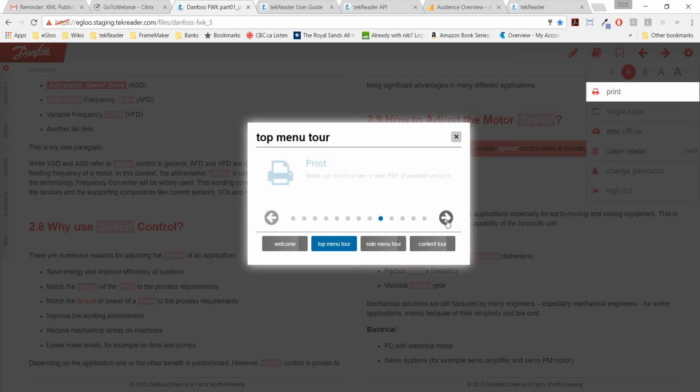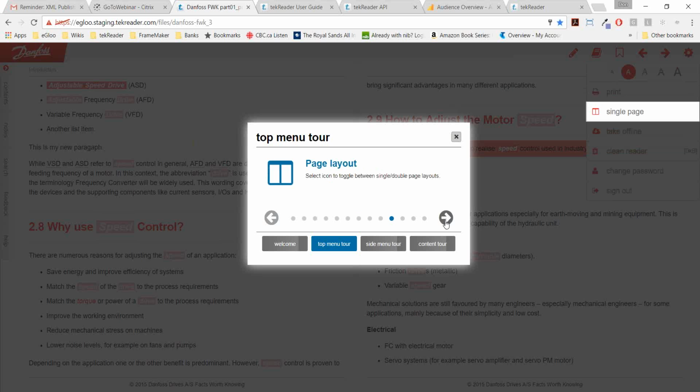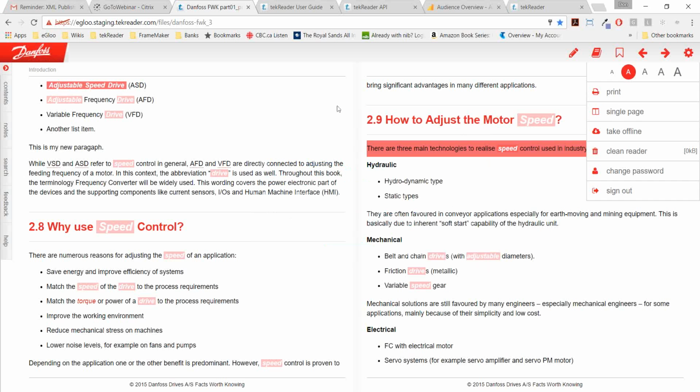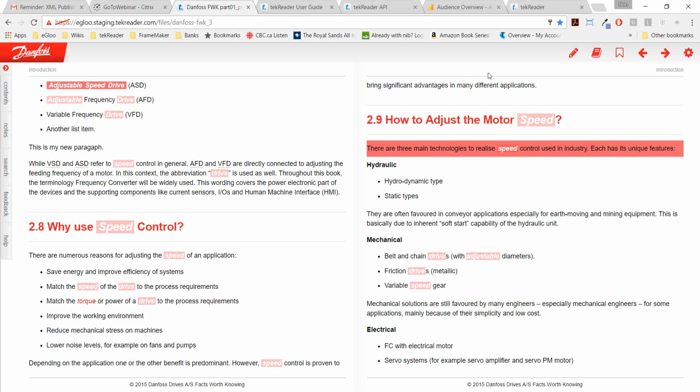So settings, change font size, print. It gives you a good indication of what the interface does and how to get around it. So that's the overview of tekReader. Again, a lot of people go into work in the morning and they turn their computer on